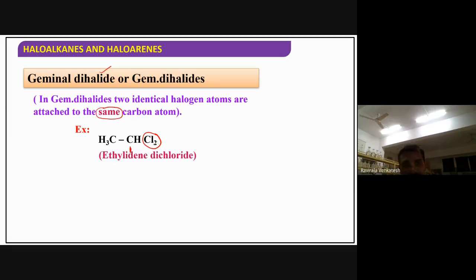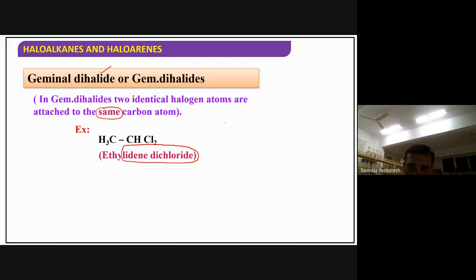Now, how to give the nomenclature? So, IUPAC nomenclature has the same rules only. We don't have any other rules. Same rules we have to follow. What about the common name? How to call the common name? Very simple. This is ylidene. Ylidene is common for all cases. Only how to see, isn't it? How many carbons are there? Two carbons are there. So, what do I have to call? Ethylidene dichloride is the common name.